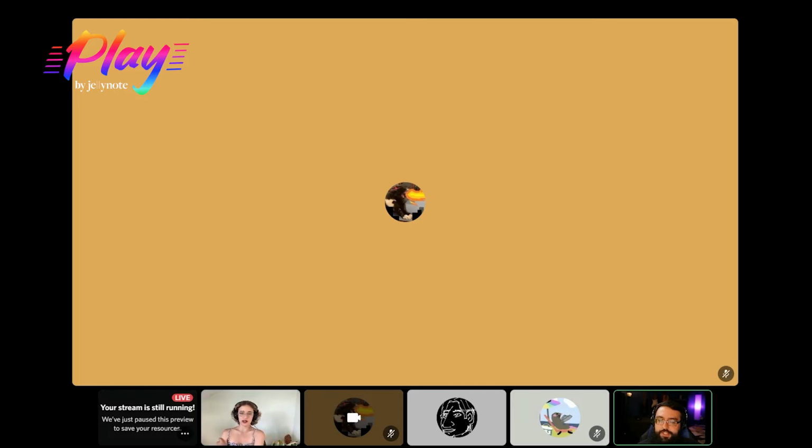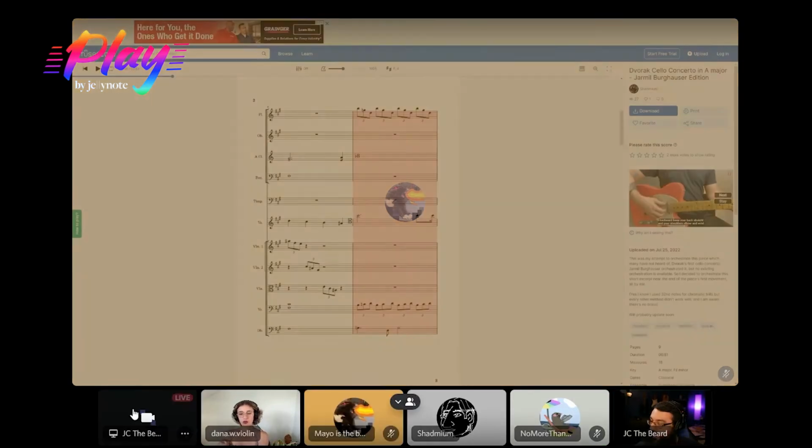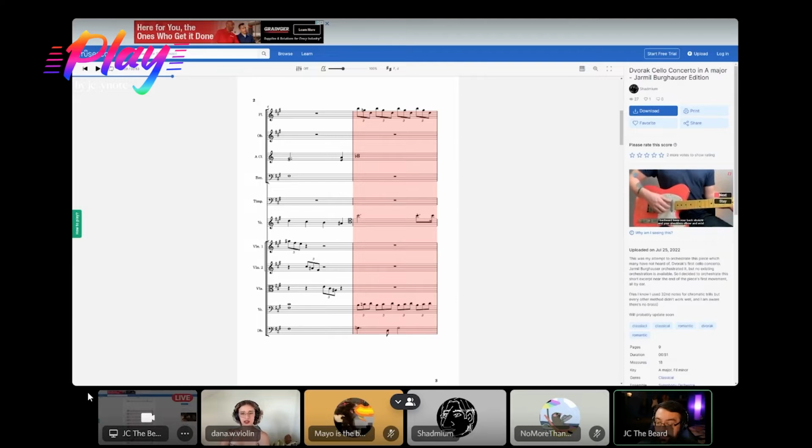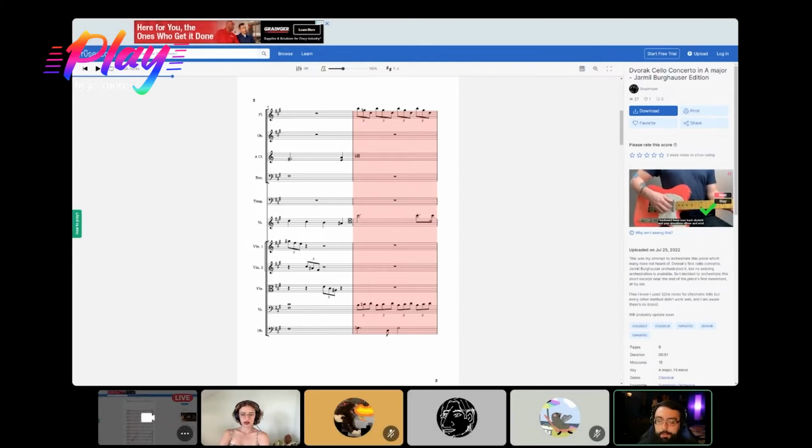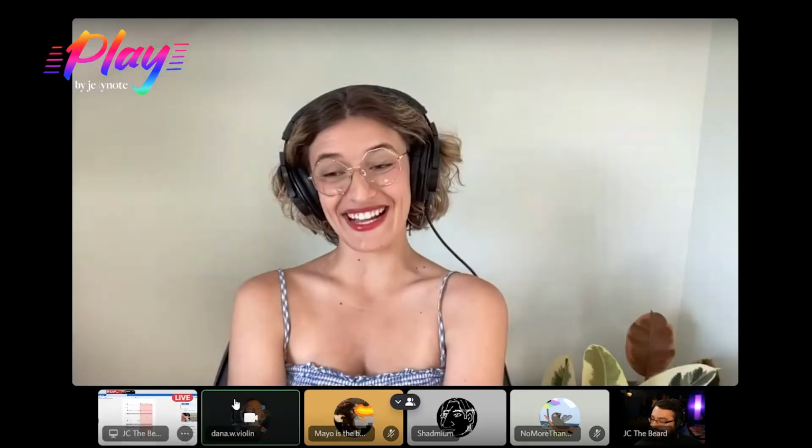Measures 5, 6, and 7, this triplet arpeggiation. I don't know if the recording can see it now because I clicked over to that tab. But I love especially the contrary motion to the not the solo cello part, but the section cello part right here in measure 5. That is good. You have the ascending line in the section cello, and you have the descending arpeggiation above it in the flute. It's just good writing. I love that stuff. That is fantastically done.